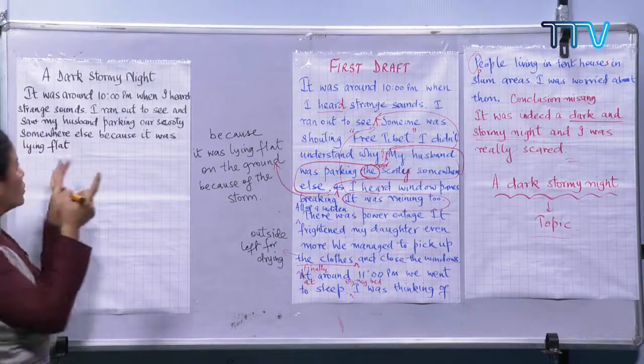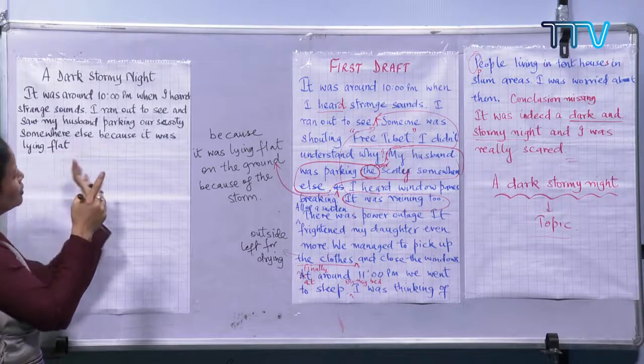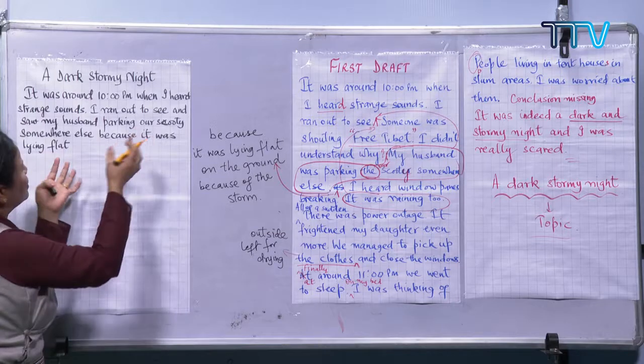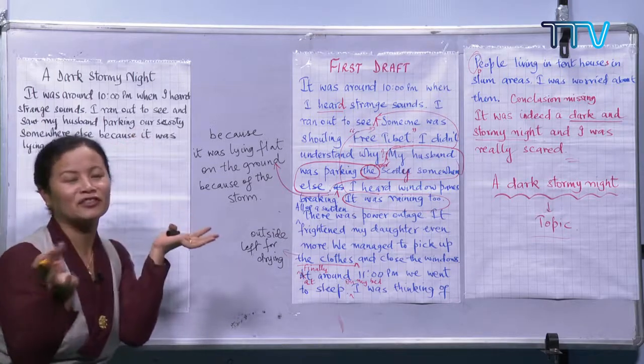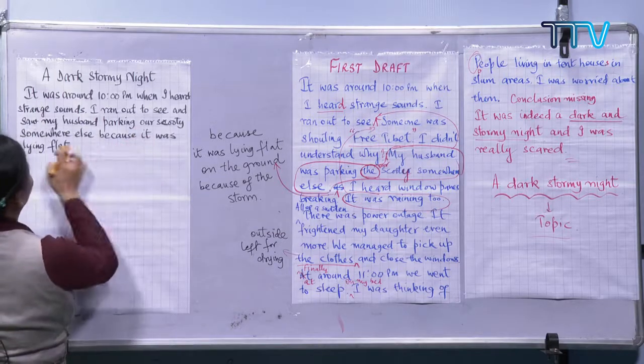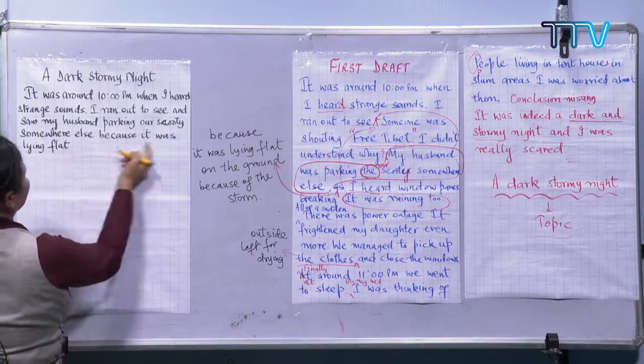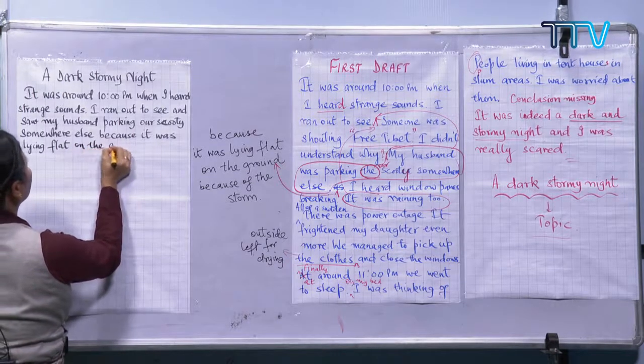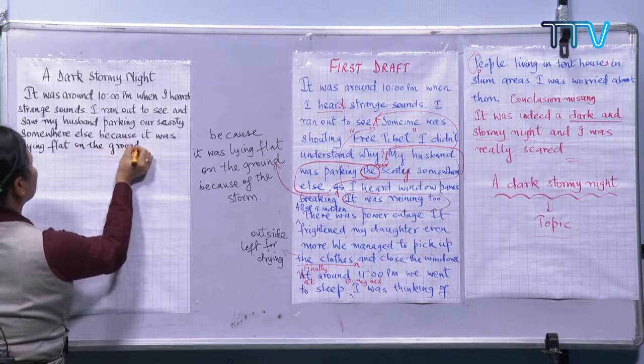Please notice I'm trying to use the scooty as if it is a person, right? Because it was, or I can use "our poor scooty was lying flat on the ground." You can use that as well. It was lying flat on the ground